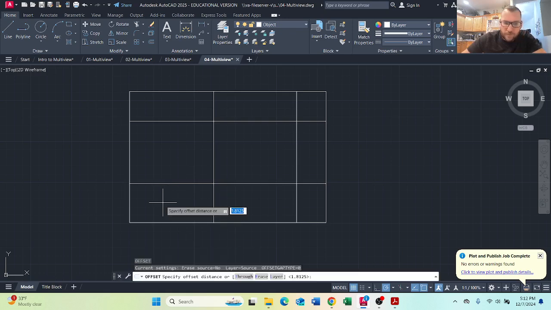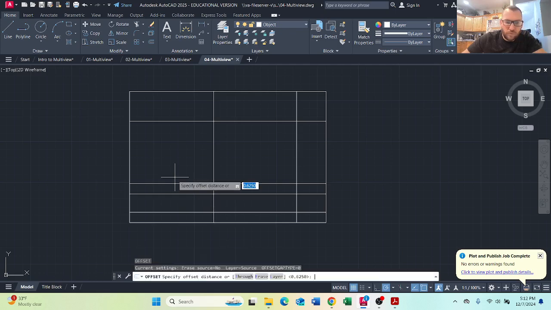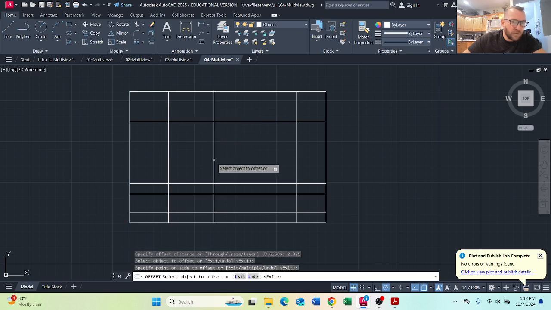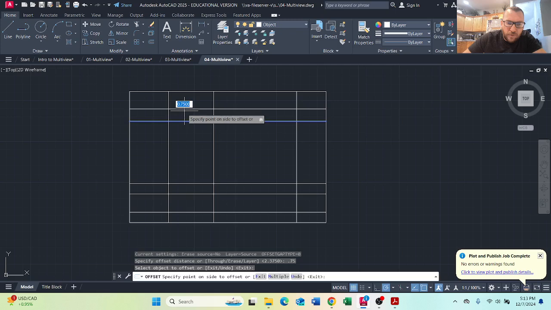So 5/8, 0.625 from here up, and from the top of the top front view down, and then do the width of 2 3/8, 2.375, to show this little piece that's coming out this way, and 3/4 of an inch to the top view, 0.75. So from the bottom of the top view up,